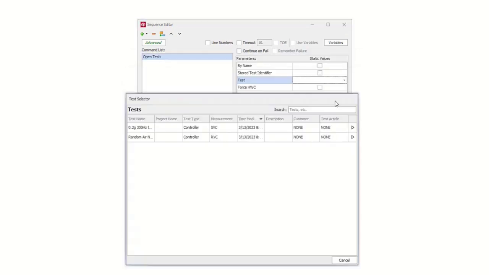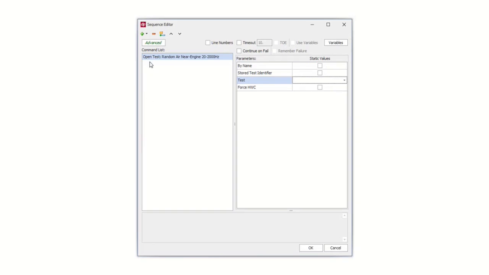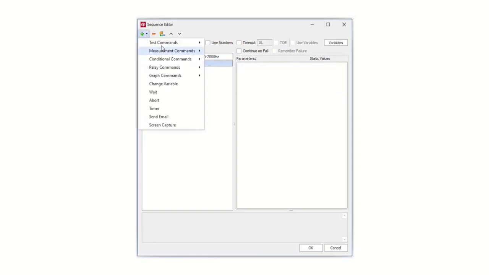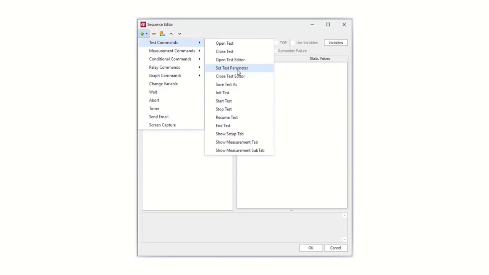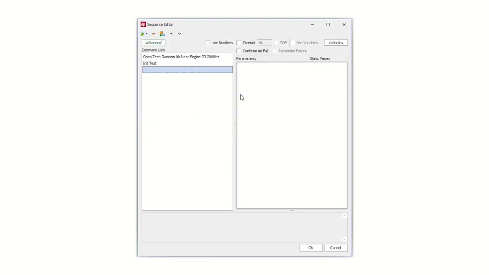So I click on my test button, and it brings up my manage test screen, which I've only got 2 tests now. So I'm going to open my random test first. And then I'm going to add another command, test commands, start initialize test, and then test commands,